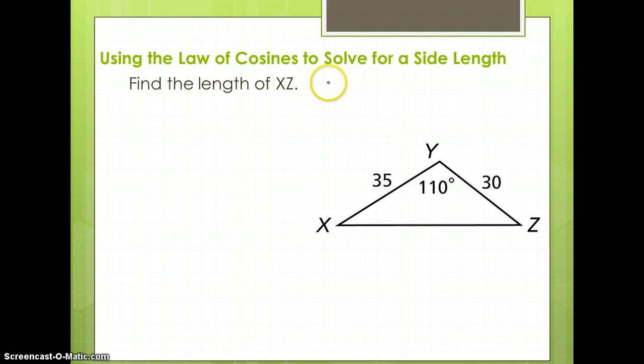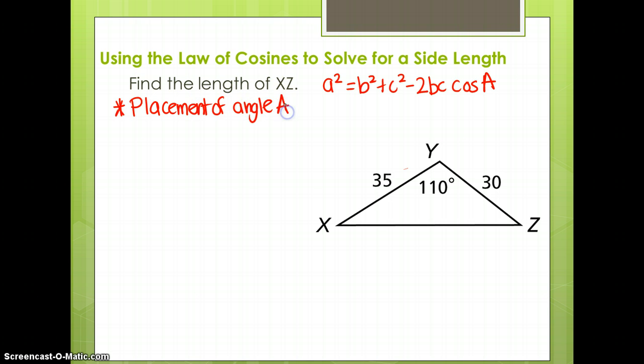So when we look at using law of cosines here, a squared equals b squared plus c squared minus 2bc cosine of angle A. That's all well and good as long as our triangles are labeled A, B, and C like in the basic setup we had before. But what about this triangle? X, Y, Z. How do I know what's A? How do I know what's B? How do I know which angle is A? This is kind of your rule of thumb for using law of cosines: the only thing that really matters is the placement of